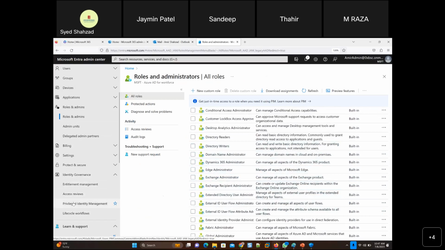So the thing is, if you get any of these privileges, like exchange administrator, right? That's the next course that is starting, where you will be handling critical emails of the company. Emails are the backbone of a company's business, right? If you're an exchange administrator, you have access to all the emails of every employee. So somebody needs to keep an eye on you, right? That's where privileged identity management comes in, PIM.